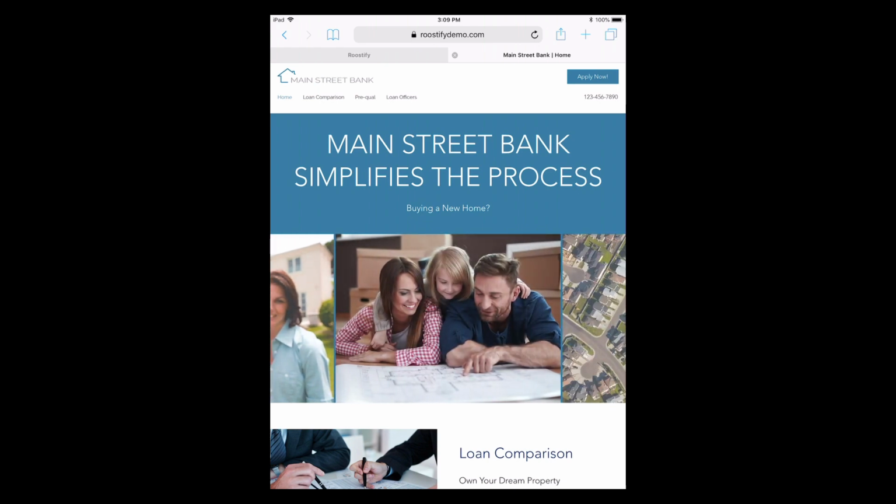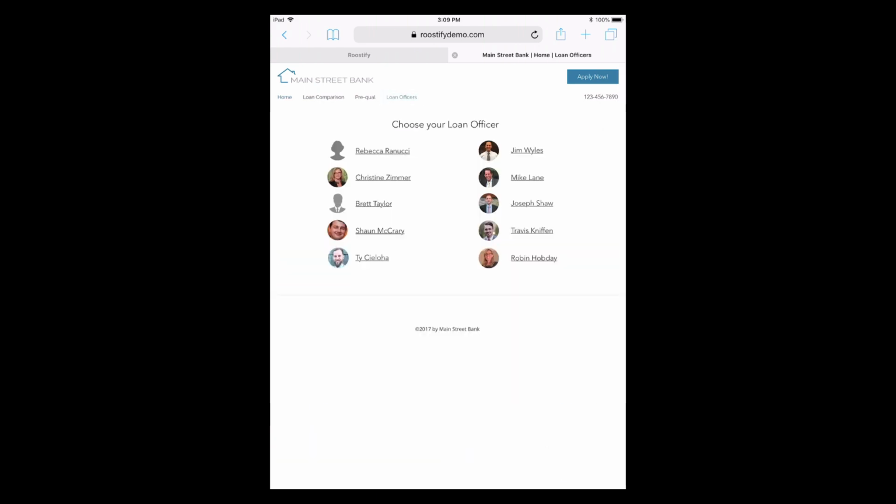They have a loan officers tab that allows a consumer to engage with an individual loan officer, and using our loan officer pages that we host, they are able to scenario build with that loan officer and collaborate with the loan officer and their real estate professionals, and then move into the actual mortgage transaction.